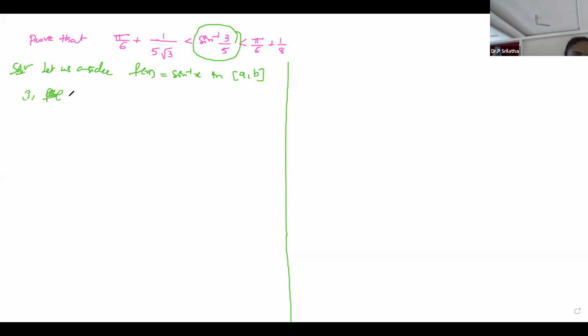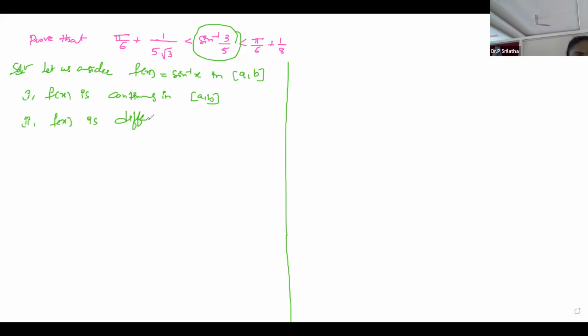So that is f of x, otherwise you can use our procedure. First you have to write differentiability then continuity. Okay, otherwise f of x is, here we are not checking anything, we are directly writing. f of x is continuous in closed interval a comma b, and in the second case f of x is